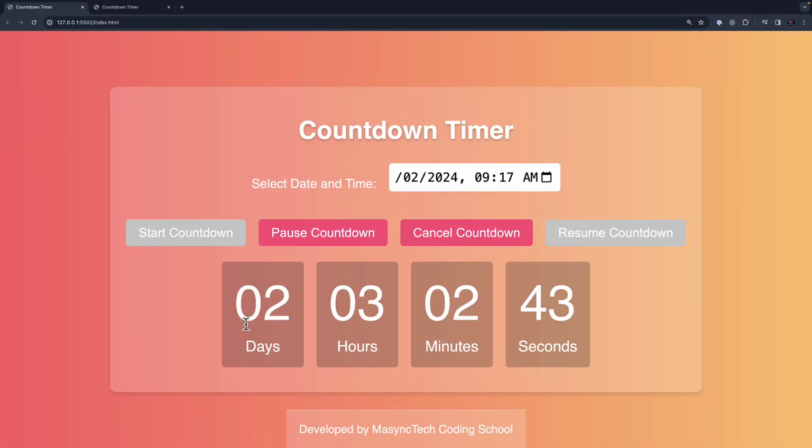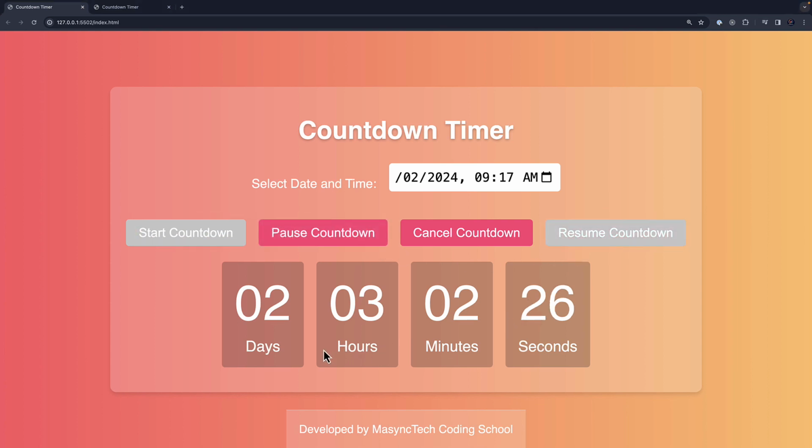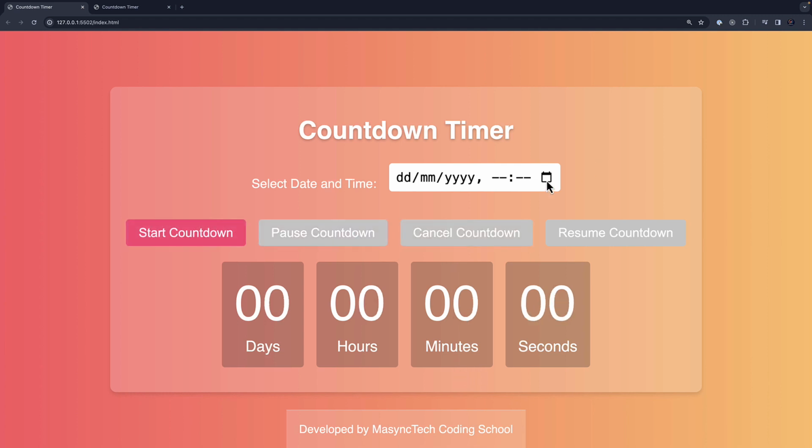As you can see, it has been counting down, and I can pause, cancel, or resume. If I pause, now I can resume, and these buttons are being disabled. And if I resume, as you can see, it is counting, and I can cancel it, and I can start